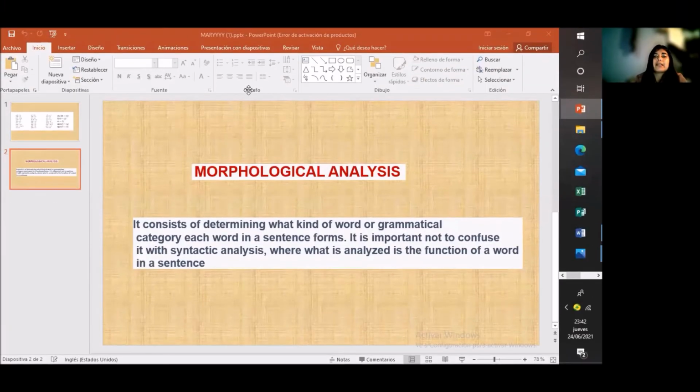Hello teacher, my name is Alexandra Munoz. The topic is morphological words and morphemes. What is morphology? It is the study of the structure of words to define and clarify their units, and it is also responsible for classifying words into categories, for example, nouns, adjectives, verbs, and